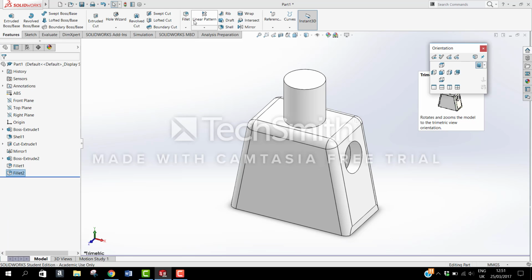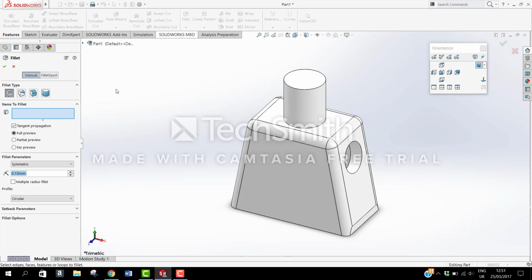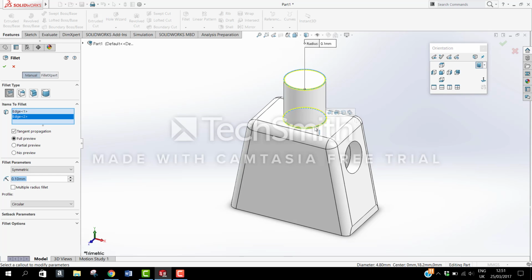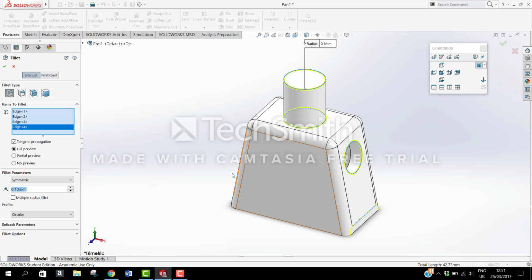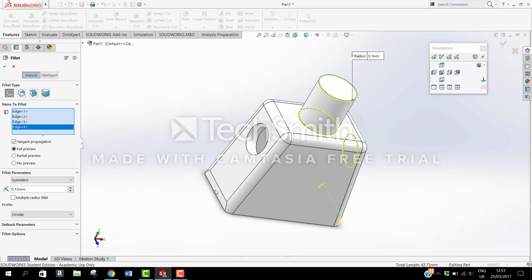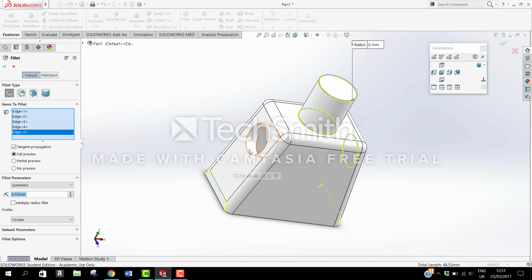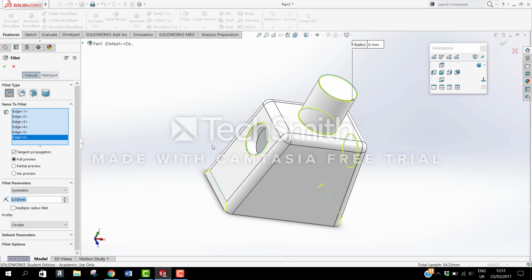So now we'll move on to the smaller fillets, and they were radius 0.1, so we'll fill that in our feature manager, and we can start selecting the area. So it's the top, the intersection between the extrude and the top surface, the edge of the circular cuts or the holes, and this little piece down at the bottom, and the edge of our circle. So we'll accept those fillets,